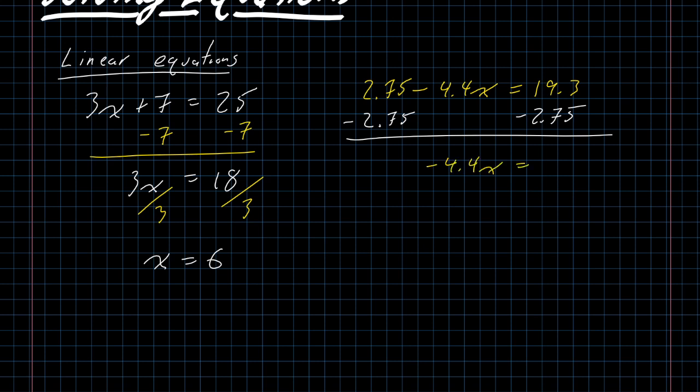And then on the right-hand side, my calculator will tell me that 19.3 minus 2.75 is 16.55, but because